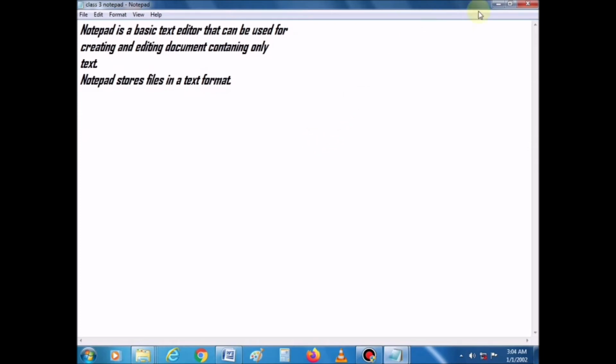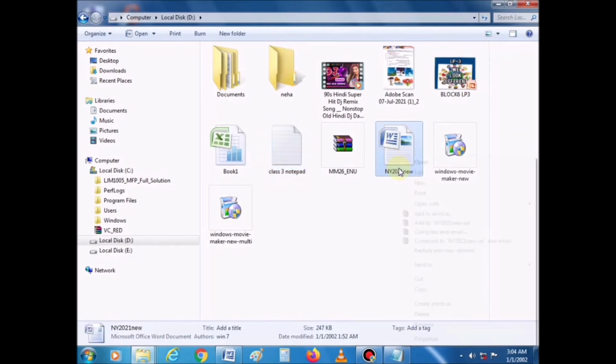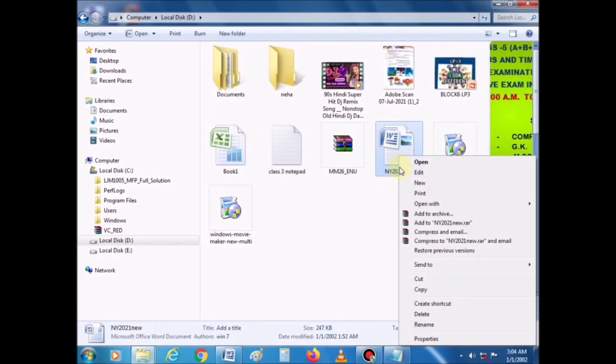Next we learn about how to view the properties of a file or a folder. Right click the file or a folder whose properties you want to view. You can see here, right click the file or the folder. Now you can see here a shortcut menu appears.